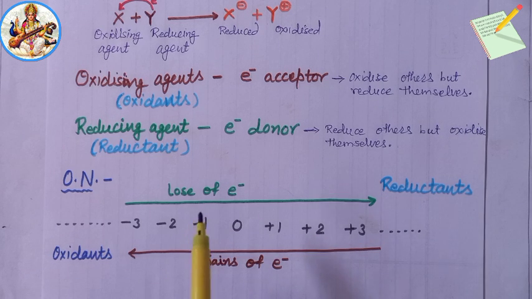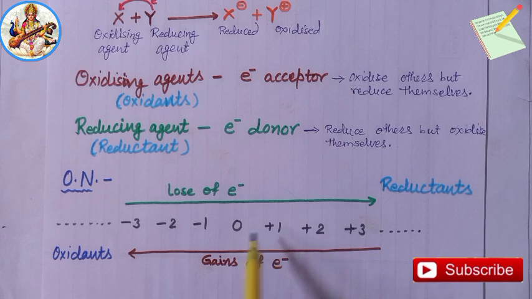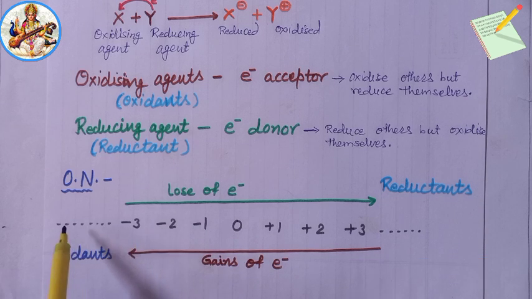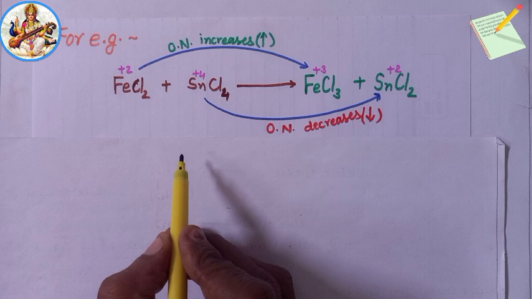While the oxidation number of an oxidant in a chemical reaction is decreased, from +3 to +2, +1, 0, -1, -2, -3 and so on. For example,